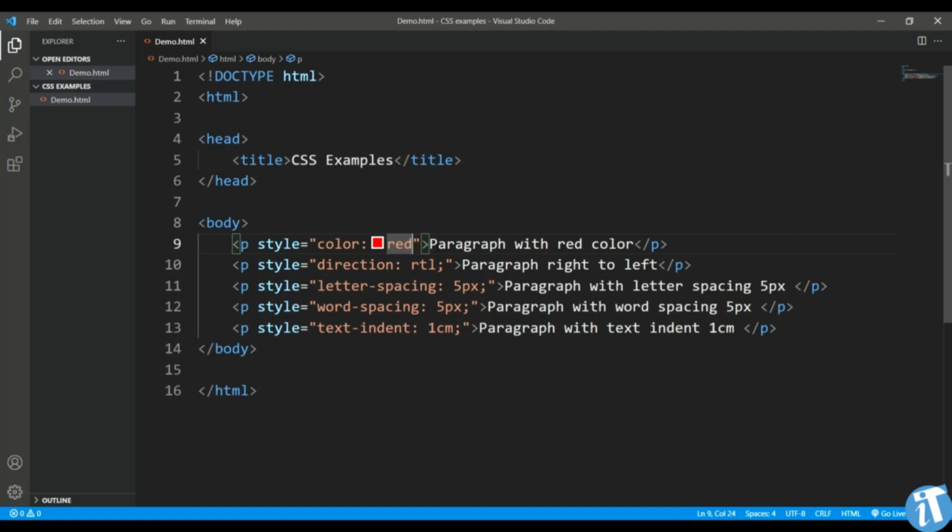Like we have already seen, we have different options of passing the color. Here I am using the keywords and simply I pass red as a color. You can use RGB or any hexadecimal way to pass the color format. So this particular paragraph will be of red color. Now here when I say direction is right to left, that means it will be aligned to the right hand